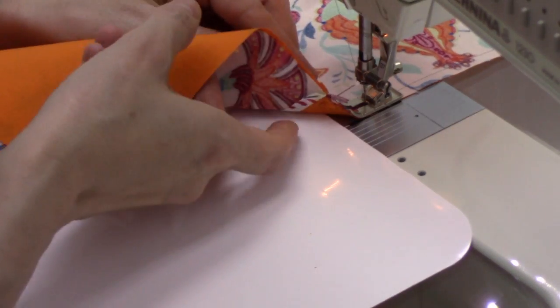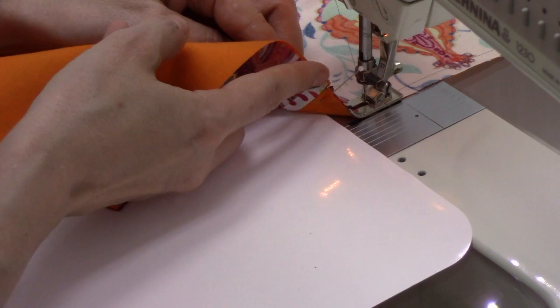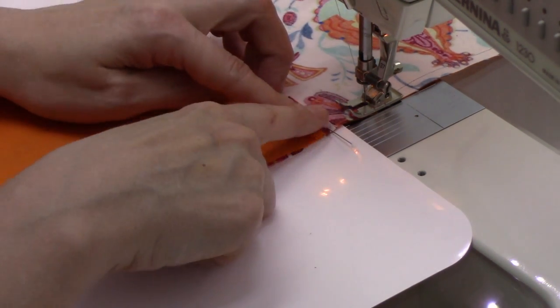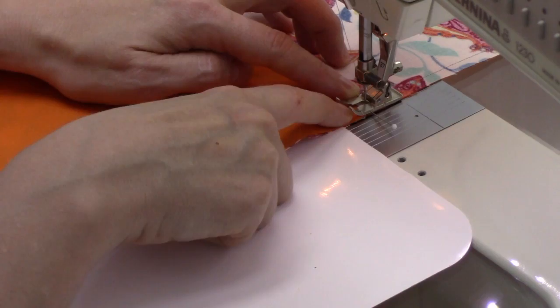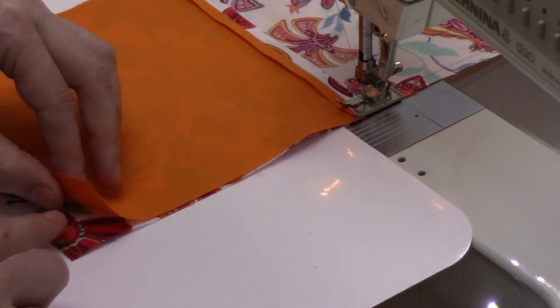So I'm coming up on another seam. I want to make sure those seam allowances aren't flipping over. So I kind of pull it back like this just to double check, and then flatten it back out again. I'm going to stitch right up to that pin. Nice and slow. Now I'll take the pin out, and then I'll start taking a look at this lower edge,